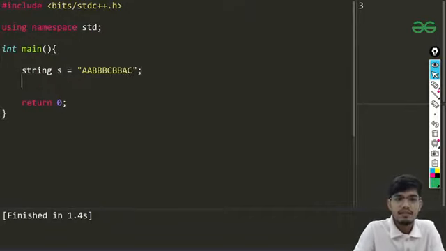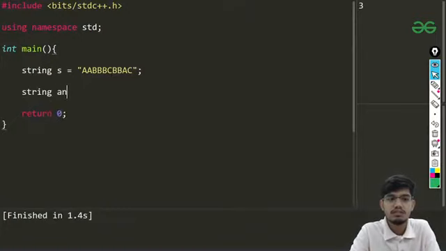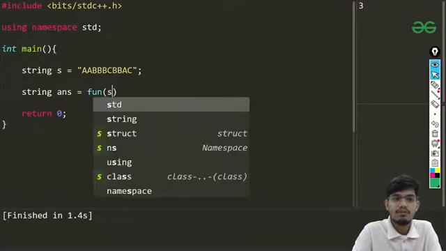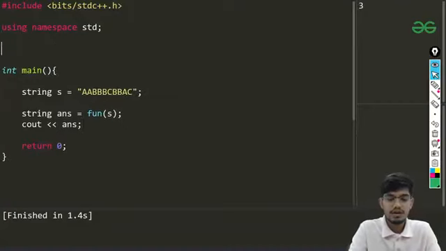Okay, and in this I'm going to be doing the same thing, which is string answer equals to this function. So I'll be writing this as fun and passing that S, and I'll be just printing cout answer. Okay, so in this let us try to do that.